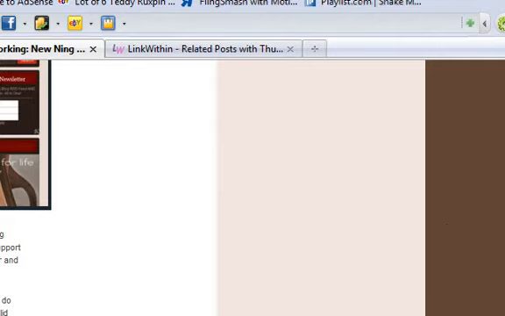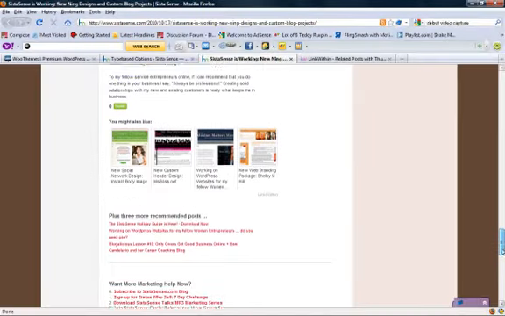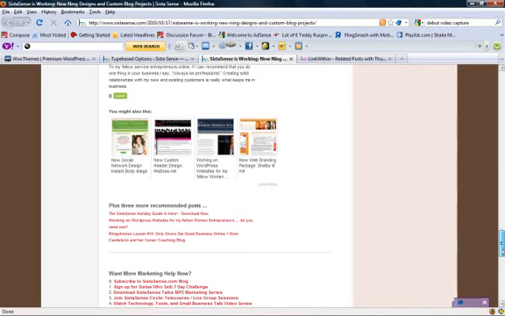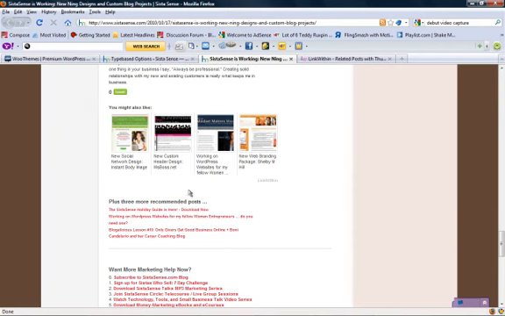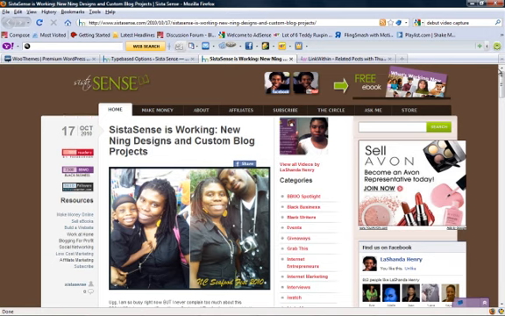So, point being, if you want people to stay on your blog longer, when you have a post that's interesting to them, it's really good to have some sort of related post or You might also like feature at the bottom so they can see other things that you've written in the past. Just keep in mind that even when you've written a great post, maybe some people saw it and some people didn't. So this keeps your content fresh and relevant to the new